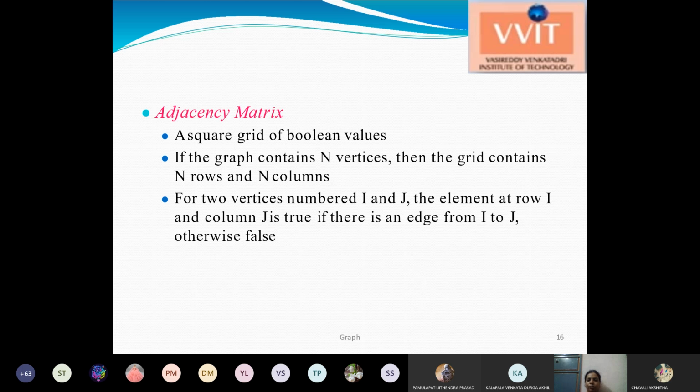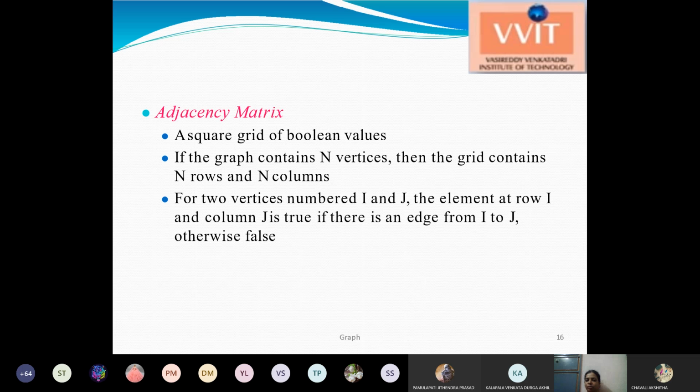Whenever you are representing a value in this matrix, we need to check whether each and every pair of vertices has a direct edge or not, that is, whether there is a connection between the two vertices.